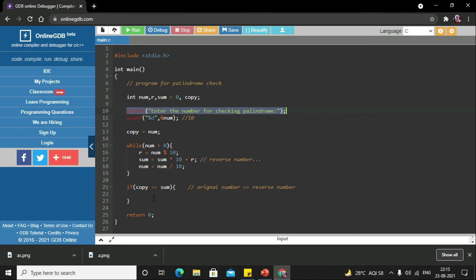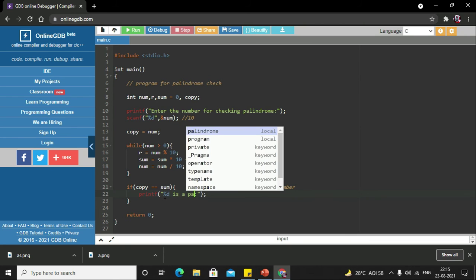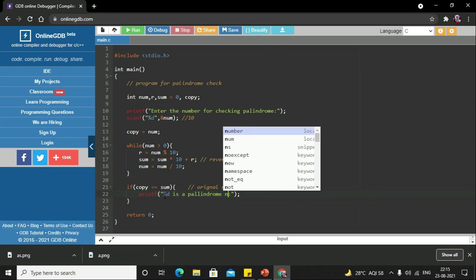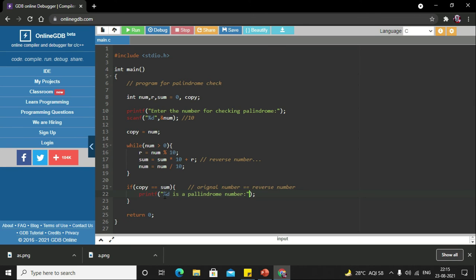statement. Okay, what I'll be writing: यहाँ पे मैं परसेंट डी लगा देता हूँ. %d is a palindrome number. So instead of %d, I'm going to print either sum or copy because it will be same. Copy.